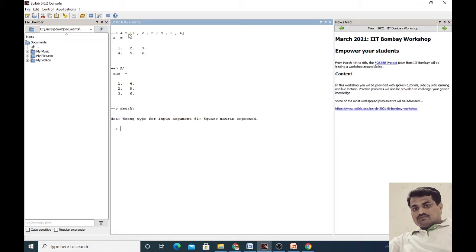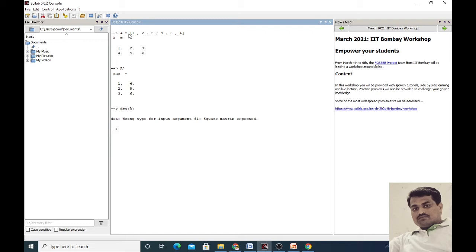Here the response is wrong type for input arguments, and the condition is given that a square matrix is expected, meaning the given matrix is not a square matrix. We can find the determinant only in the case of square matrices.